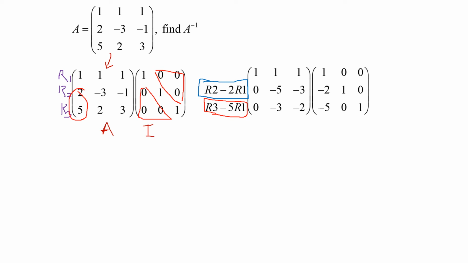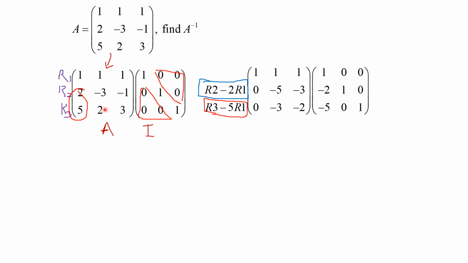the same operation. So for example, it will be negative 3 minus 2 times 1, 2. So negative 3 minus 2 is negative 5. Negative 1 minus 2 times 1. So negative 1 minus 2 will be negative 3. Just be reminded you need to follow the same operation for the rest of the elements in the same row. And then next, now you need to 0 this negative 3 because you need to convert A to